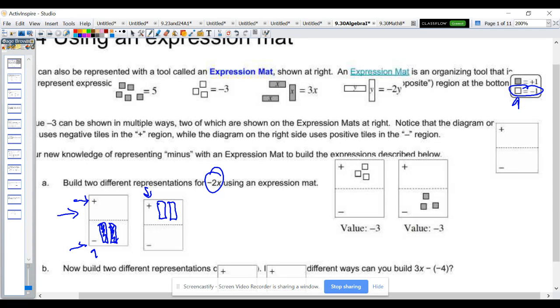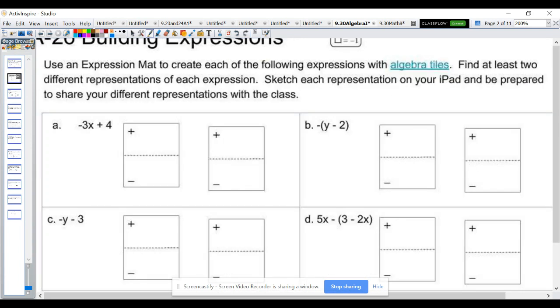It just stays put. So if I go to, on the second slide, this is the slide where you might have a little bit more trouble on. It's asking you to find two different representations for these different expressions. So for example, in A, they're asking me to find a way to represent negative 3x plus 4. So a way that I could do that,